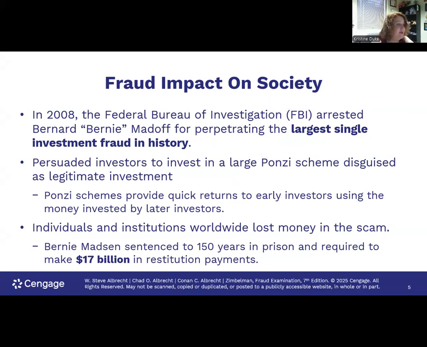the largest single investment fraud in history. It was basically a Ponzi scheme. There was a person named Ponzi. That was his last name. And basically what he was doing was promising high returns on an investment. He would get people to invest, and then he would give them the high returns, but he would keep a lot of the money. So how did he pay those high returns? It was because he was going to other people and getting their money to invest.